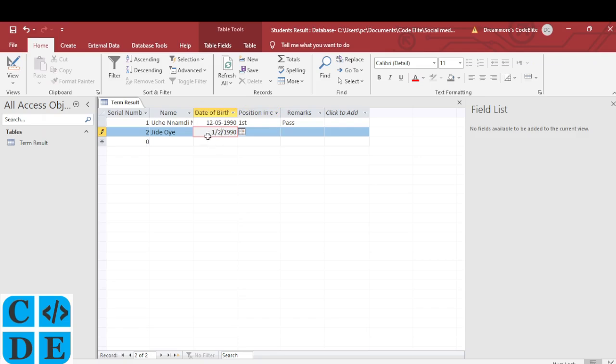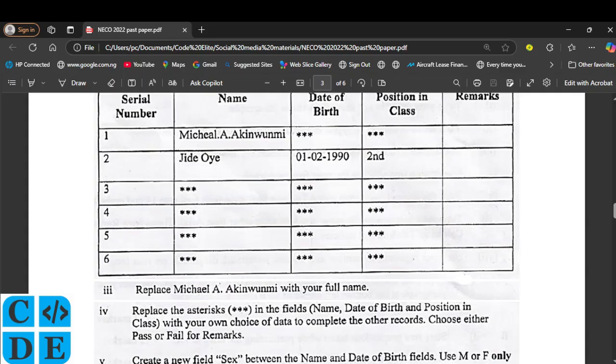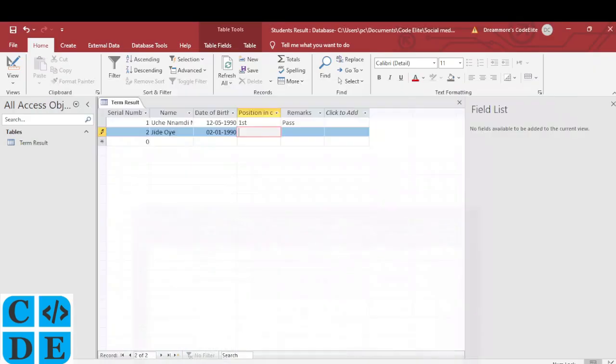Just watch here closely, you'll see what happened. When I moved out of here, it changed to the 2nd of March. Okay, so it is important for us to keep it this way. So the 01 first and then the other one second. So let's take note of that. So I would come here and do 02